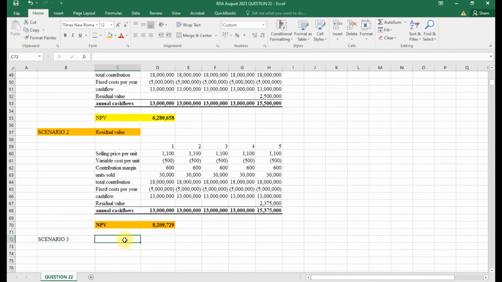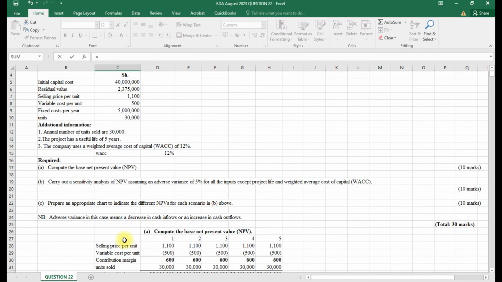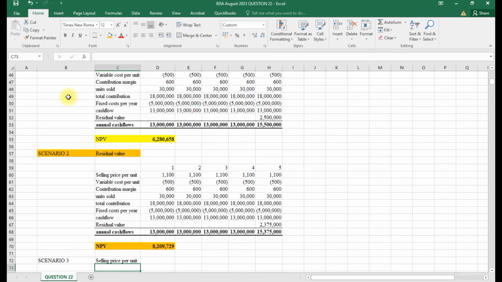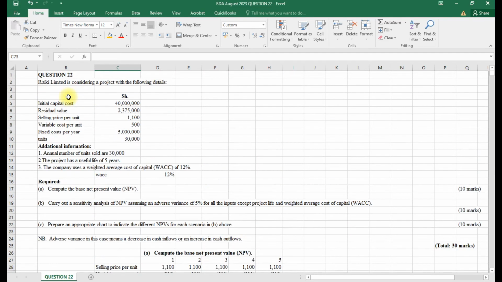We go to scenario 3. The third variable that is changing is the selling price. You'll find that we first return this to normal, because under sensitivity analysis, remember that's what we are dealing with. Sensitivity analysis is whereby we are adjusting each variable at a time, holding the other variables constant. So selling price will reduce because it's part of the revenue, so it will reduce if it is an adverse variation. So we shall multiply this by 95%,